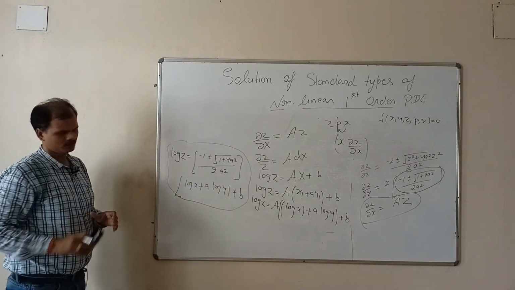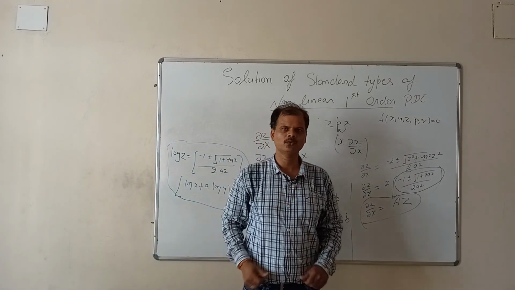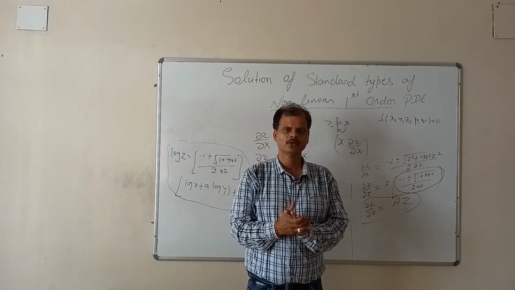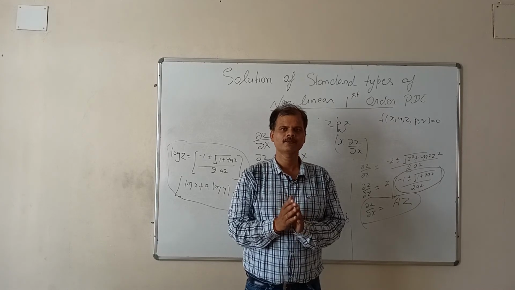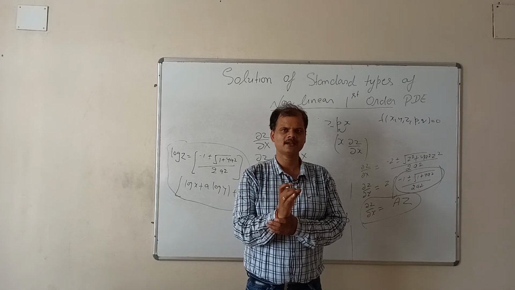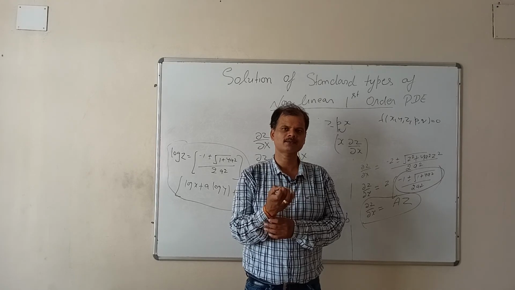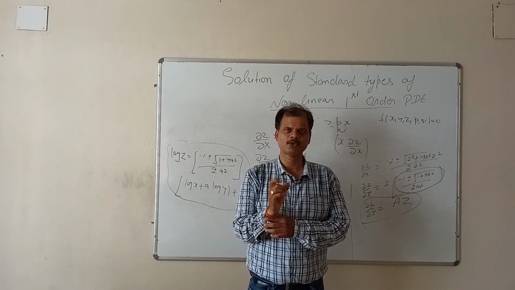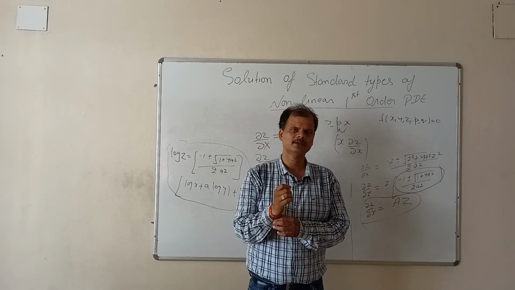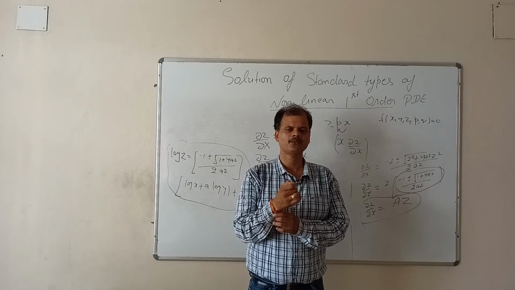Fine. So we have seen that either we can get the standard form 2, where the PDE is in p, q, z, or if it is of the form x square p square, y q, or x square p square, y square q square, then with this transformation we can reduce it to standard form 3.